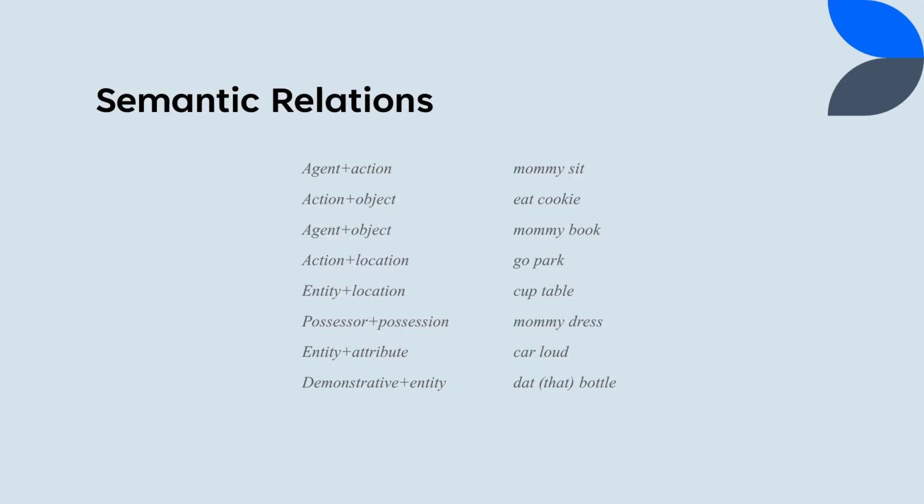Language typically emerges between 12 and 26 months, and it follows fairly predictable patterns. Early vocabularies are dominated by mid-level nouns, which make up about 65% of a child's early lexicon. These are words like dog, not too specific, like dachshund, and not too general, like animal. After nouns, children commonly learn action words such as go or eat, followed by modifiers like hot or cold.